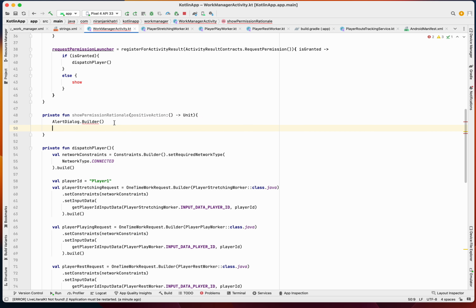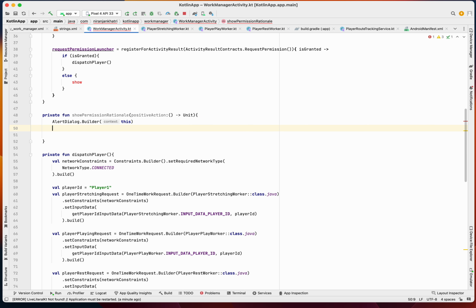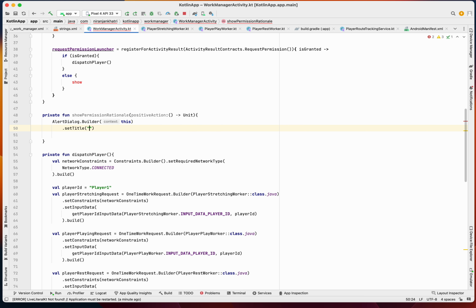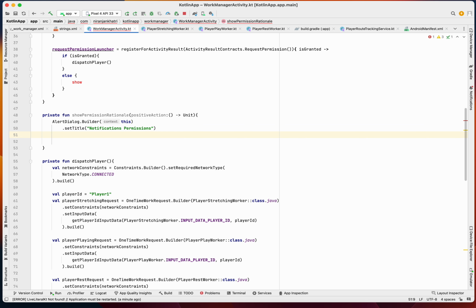Okay, obviously we need to pass the context to the builder, and set title. We need to set the title to notifications permissions. Set message to show the progress. We need the notification